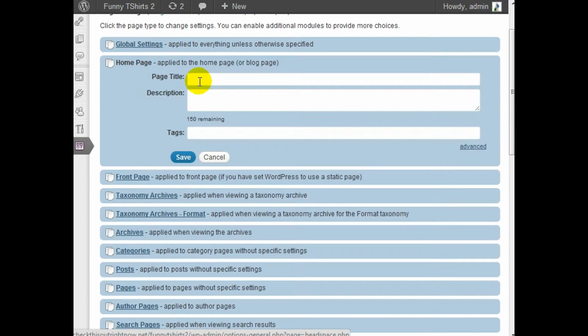So if I click on home page here, as you can see, I've got the page title and the description. So you want to make sure that your page title for your home page contains keywords that you're trying to aim for. So I would write the funny t-shirts title here, enter the description, and a secret with this is to make sure that whatever keyword you're aiming for is also in the description and also in the tags. Click on Save,